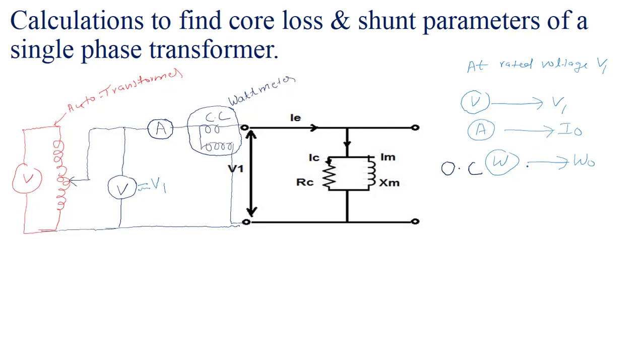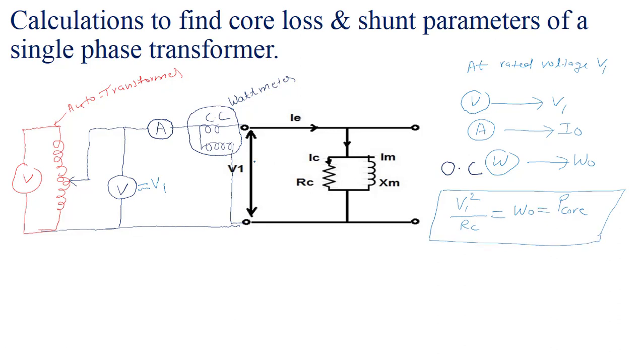Okay, now by finding these parameters, how can we calculate the core loss, the constant losses, that is, the shunt parameters? For this we have to remember that in this circuit there is only one resistance, so whatever losses there are will correspond to this core resistance. Okay, so we can say that V1 square upon RC is nothing but W0, that must be equal to P of core or P of iron or P of constant. So directly by reading we can find the core losses from here.